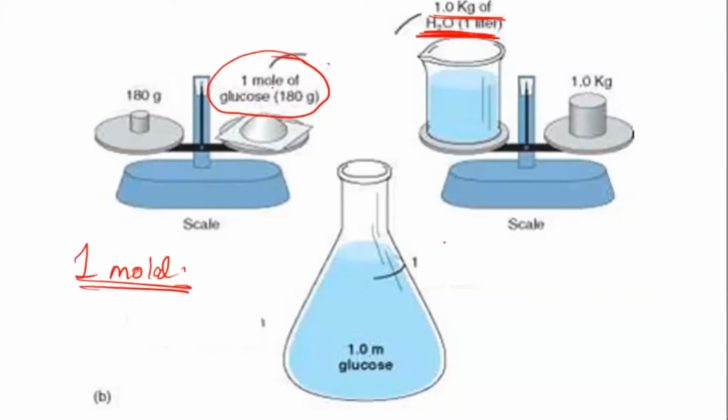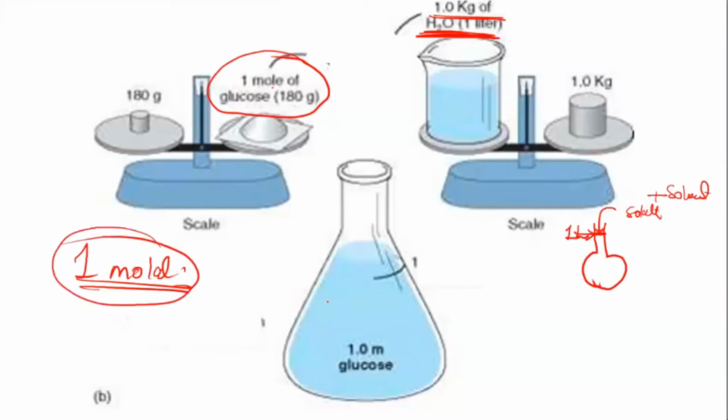Understand? Molarity, what I've told you, is they take that standard flask. You have seen that standard flask. In the standard flask, they add the solute first, then they add the solvent, so together they make the solution up to 1 liter. Then that is a molar solution. Here what they have done is, separately a solute is taken, separately a solvent is taken, then it is mixed together. Then the solution is said to be 1 molal. So this is how the molal solutions are prepared.